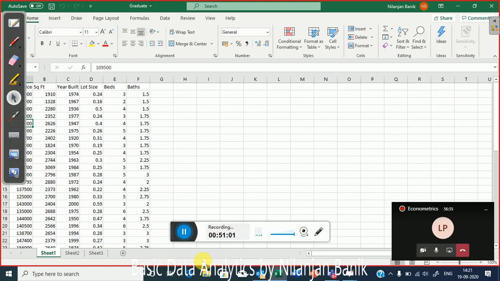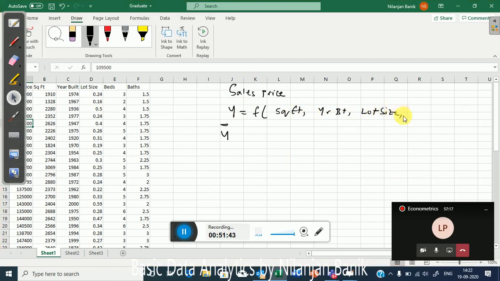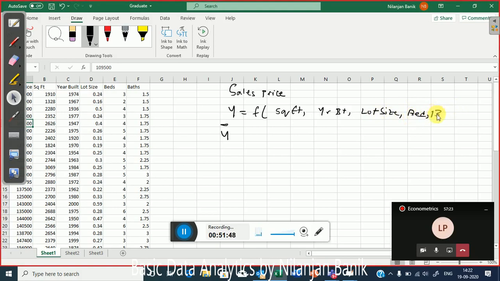Right. And here are a few things that we also have: year built, lot size, bed and bath. Now which one should I take? Ideally it should be governed by which one has the lesser sum of square of error, whether y minus y bar is giving me lesser sum of square of error in comparison to y minus y hat. Now luckily for us, there is something called F-test statistics, which helps us identify whether we should start with y bar or y hat. Clear up to this point?